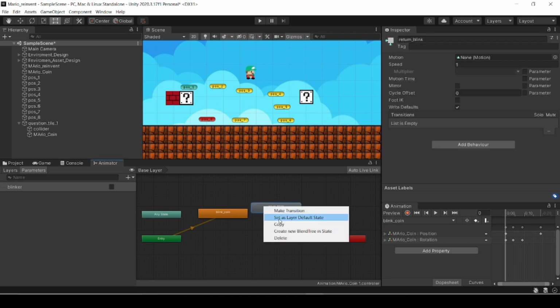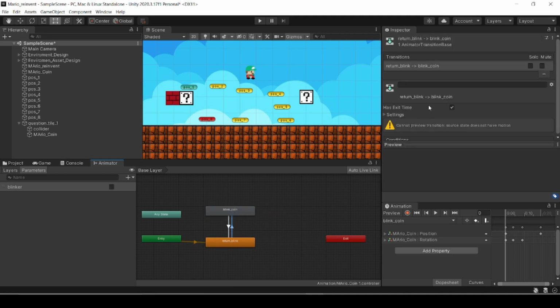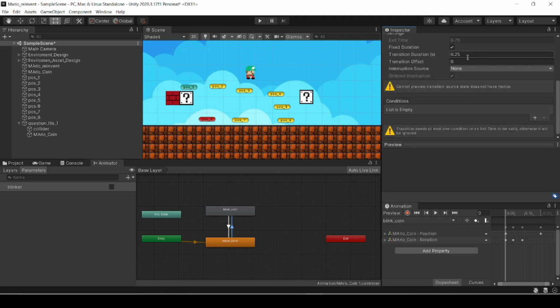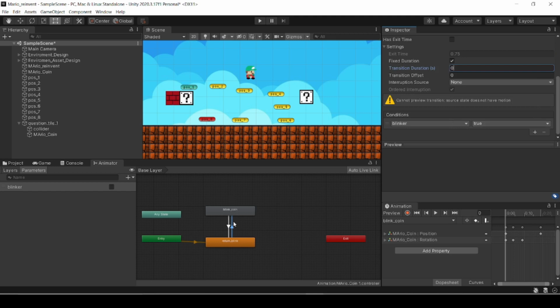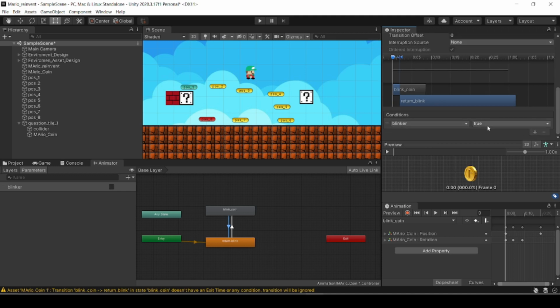I'm going to make it the default state, and we're going to pass the transition from here to blink coin, and return a transition to blinker. When it goes forward, we have to turn exit time off, and transition duration is 0, and blinker is true. Similarly with this one, transition duration is 0 and blinker is false.